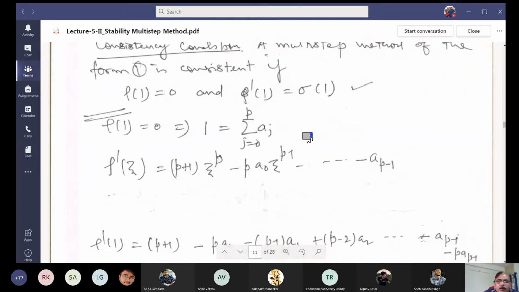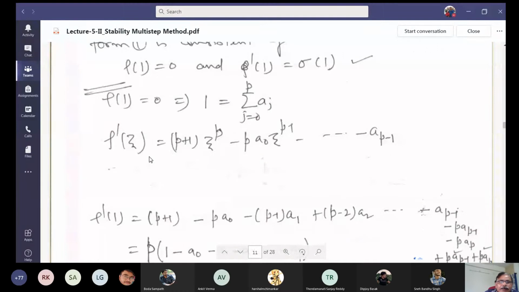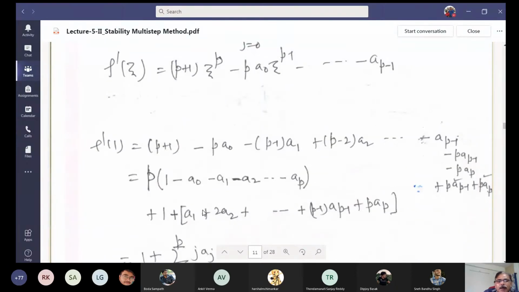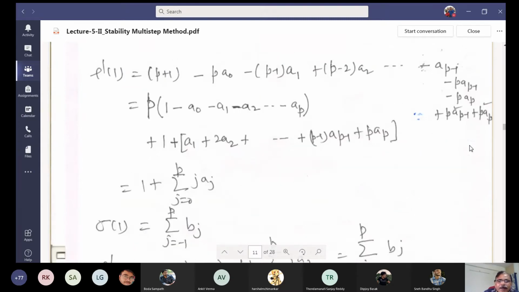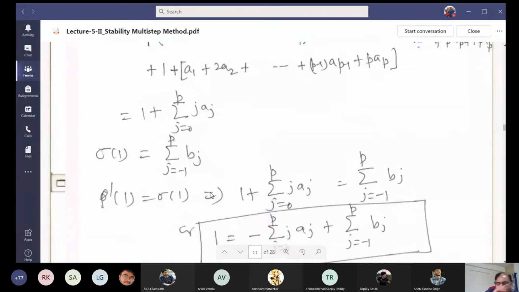And then rho prime xi, exactly the same thing you have to do. You have to separate it out, add certain terms, subtract, and rho prime xi will be your p plus 1. Just now you have seen xi to power p plus 1, and then you separate out p times terms separately and remaining terms separately, and whatever you require to add, these are the things which are added and subtracted. Rewrite it, and then again you get that sigma 1 is this thing. So basically sigma 1 is this thing, rho prime 1 is this thing, that second condition. So it is done the reverse way.